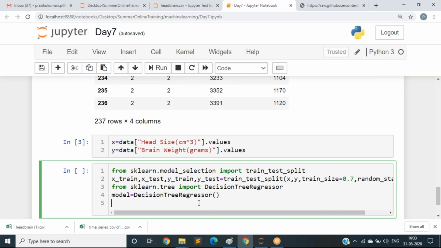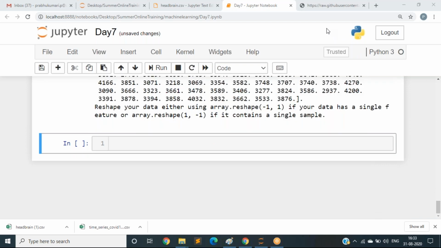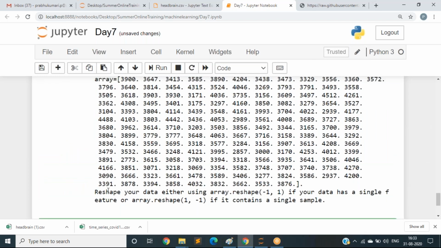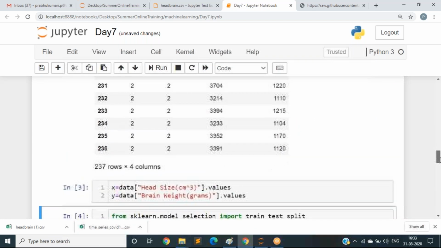And the next one is you should fit your model, model dot fit of X_train comma y_train. It is telling me to reshape my array. Why is it telling me to reshape my array?